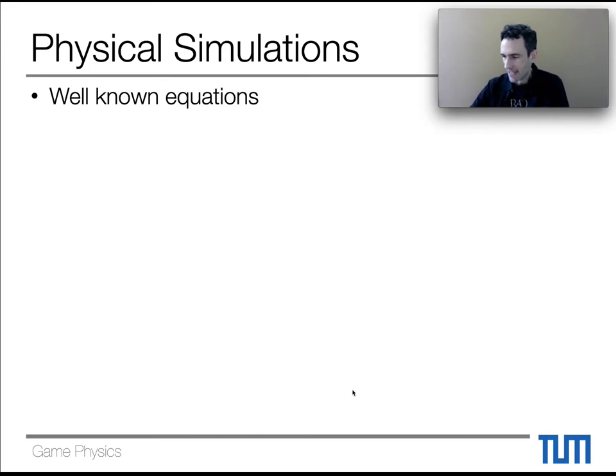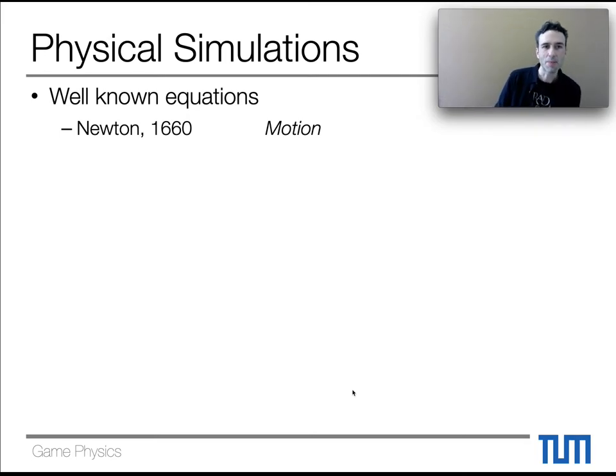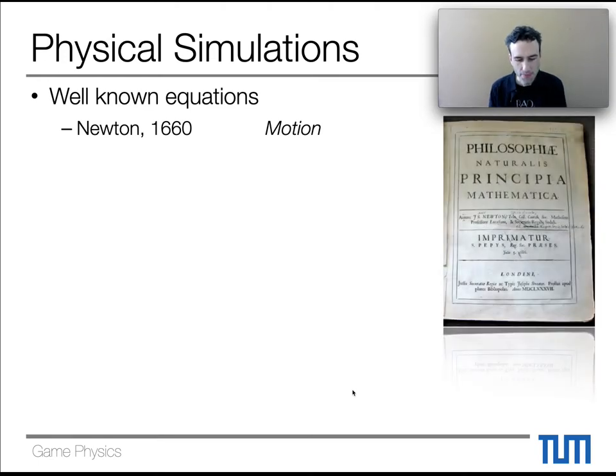So we'll be talking about physical simulations, and this is actually in a way a very old topic. We're dealing with equations that are in a way really old. Newton's famous laws were written and published by him in around 1660. These still give the basics of all of the following physical modeling. This is a picture of one of the remaining copies of his work.